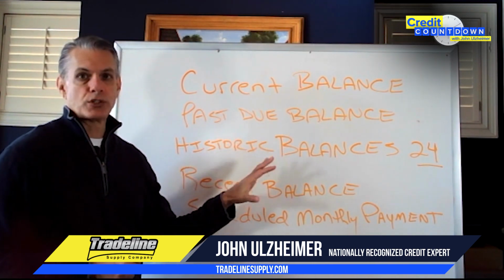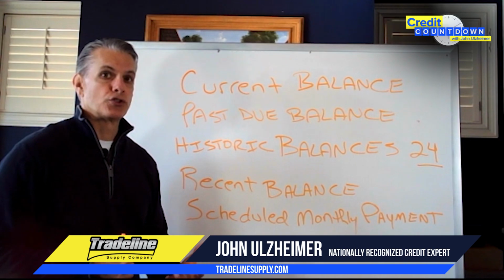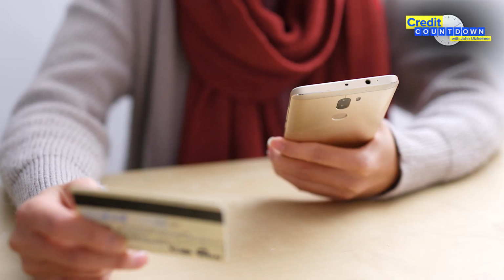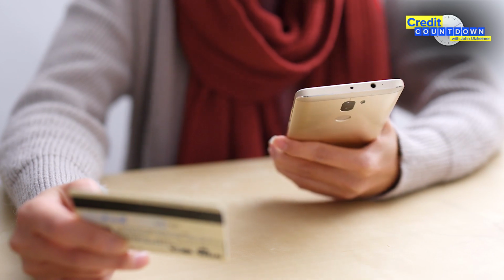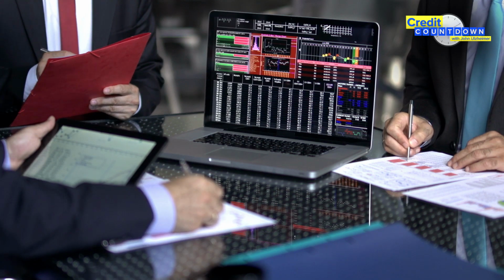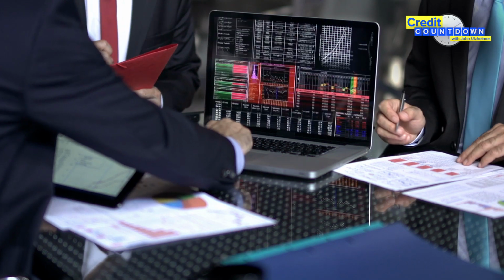So we're going to identify which of these balances actually show up on consumer credit reports that are used in the credit scoring process, and then some of the balance references that do not appear on credit reports, except for the ones that are provided to consumers, those disclosure credit reports.